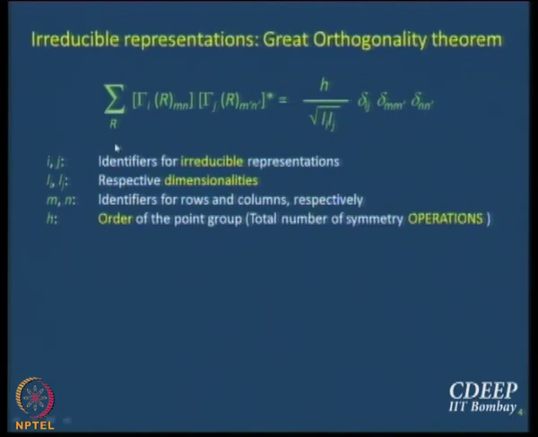And then what do I have on the left hand side then? Sum over R gamma I R mn, right? Because there is no Kronecker delta, mn, then you cannot write j anymore, you have to write I. Gamma I R, then what do you write again? Mn, star of that if it is a complex quantity, right?